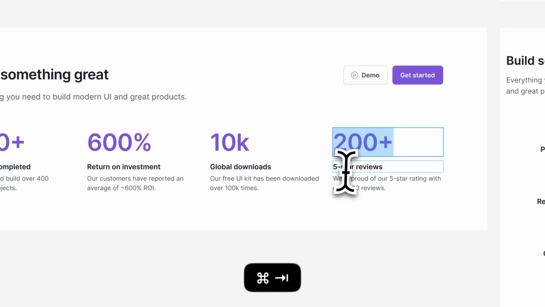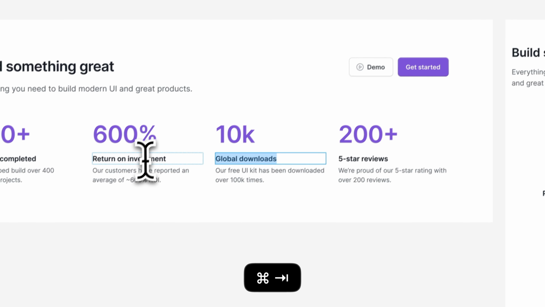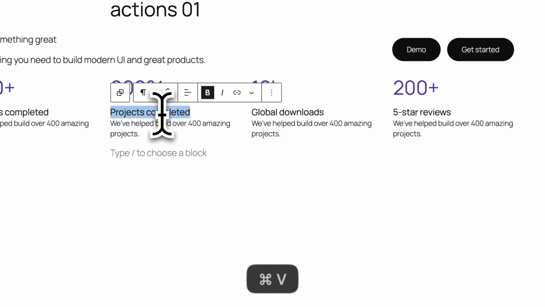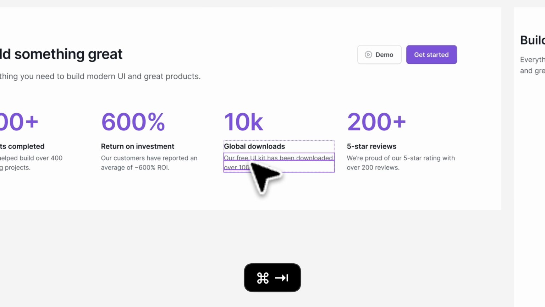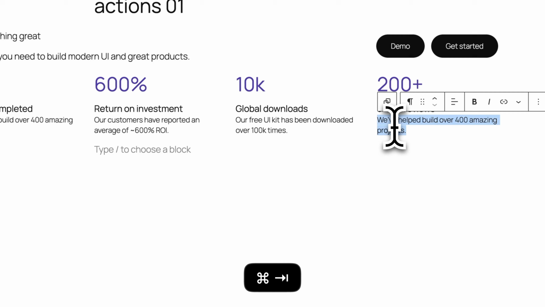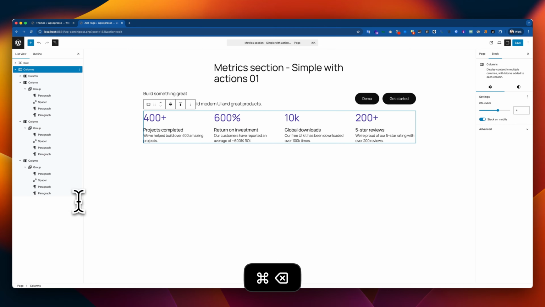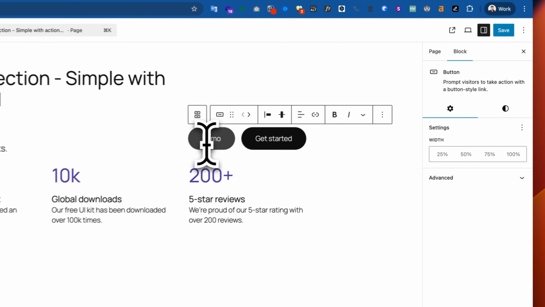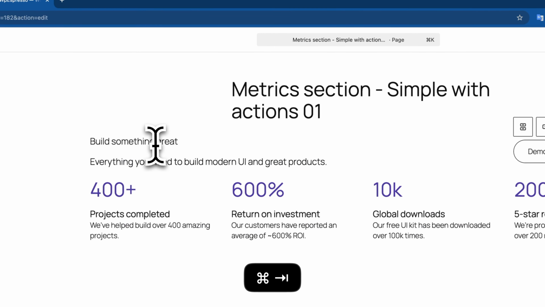Here you go. And if you want to really have it as same as possible, we can just copy this and put the text here. Just like that. Okay, so we have this block here that I want to remove. Okay, great. So the demo here is actually an outline, as you can see here, and we have this title